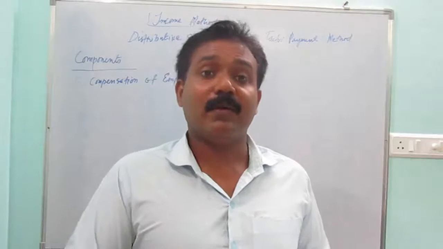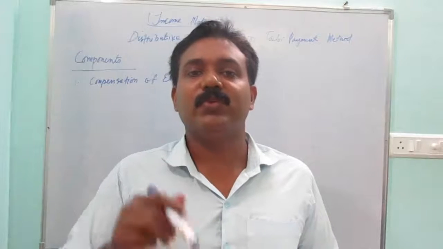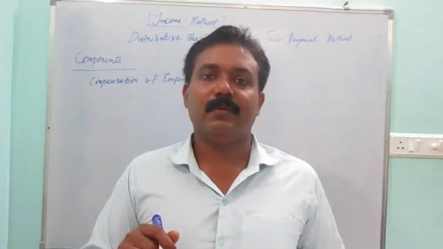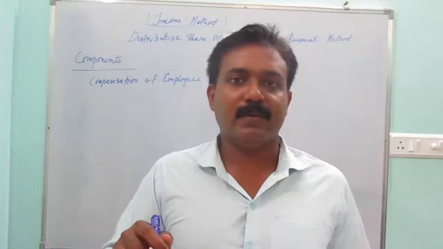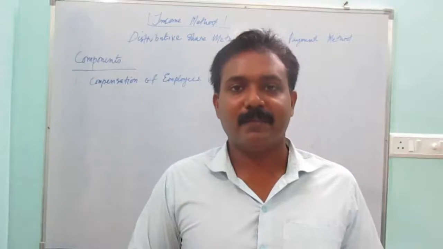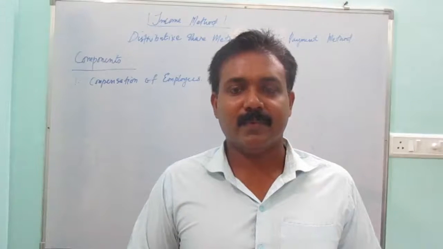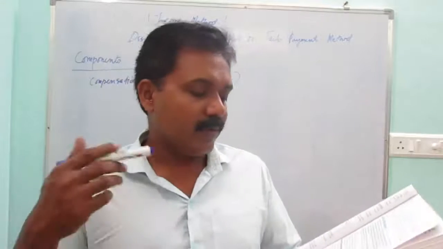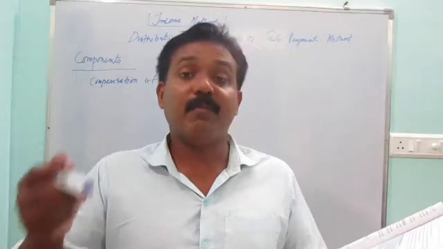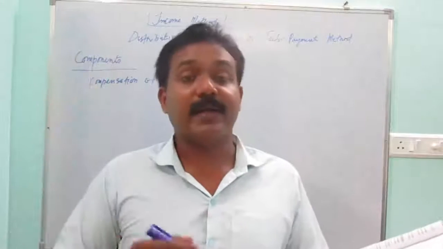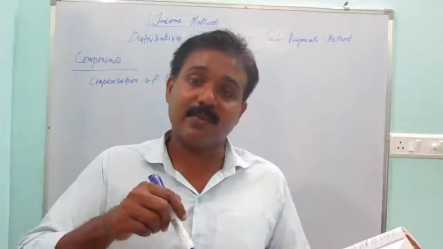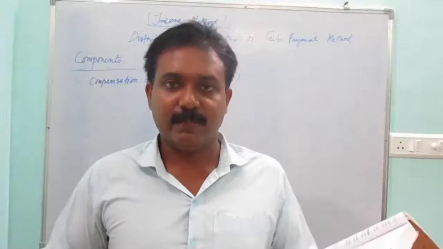However, for factor income, you need to do an economic activity, like what I am doing. This is a service, a form of service. So for that we are being paid. Understood? So compensation of employees, or COE, refers to the amount paid to the employees by the employer for rendering productive services. This is called productive services. This teaching is a productive activity.